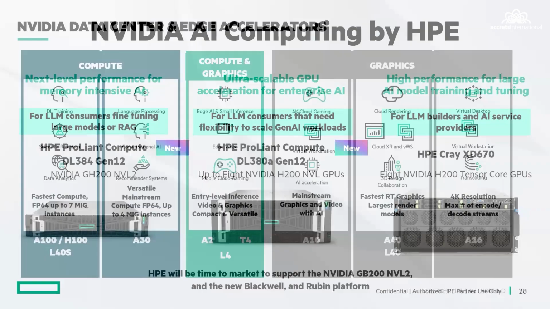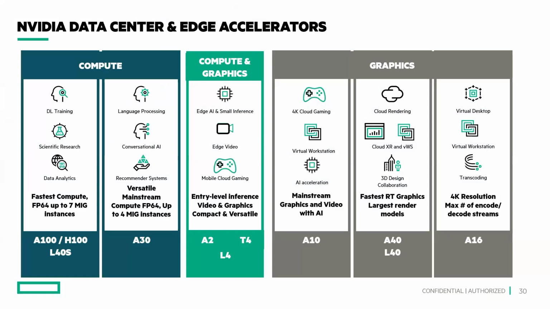Okay. So for NVIDIA, there's a lot of different GPU that cater for different needs, data center as well as the edge. If you can see from the slide, if you're doing, for example, a virtual desktop, mostly you will go for the A16 because that GPU is built for this purpose. But if you're looking at things like learning processing, language processing, conversation AI, then you can use the A30. So it's no one GPU fits everything, but there's a different workload.